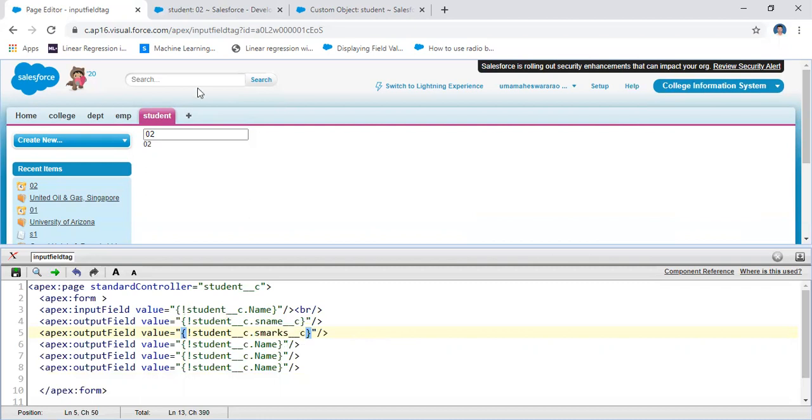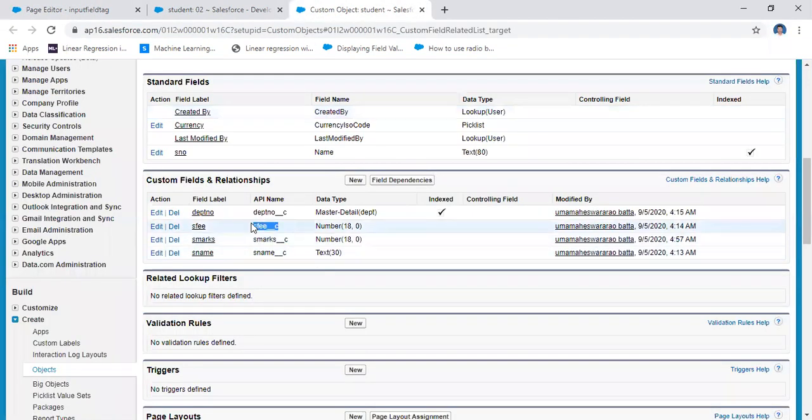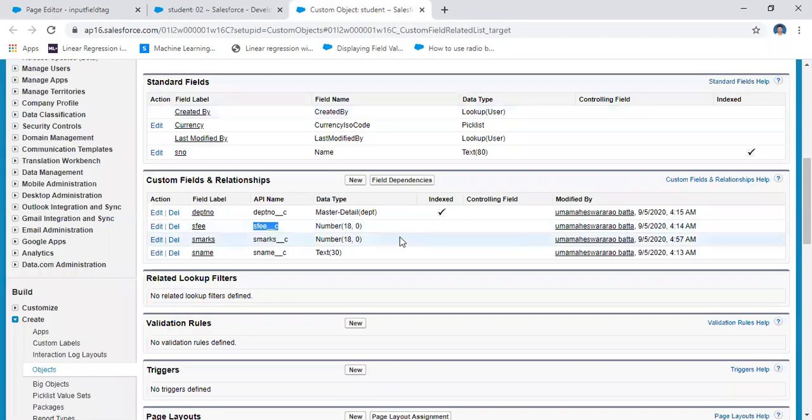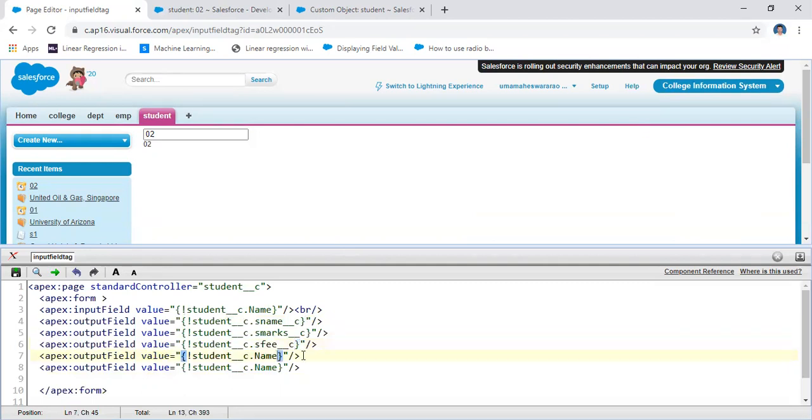student marks, and then another field here. You have to take the field values from here only. Student marks, fee, and then finally department number. Totally I have five fields. I wrote the entire five fields for a particular record. It shows the entire five fields for the particular record. Here, say this one. Yes, it shows the five fields here.